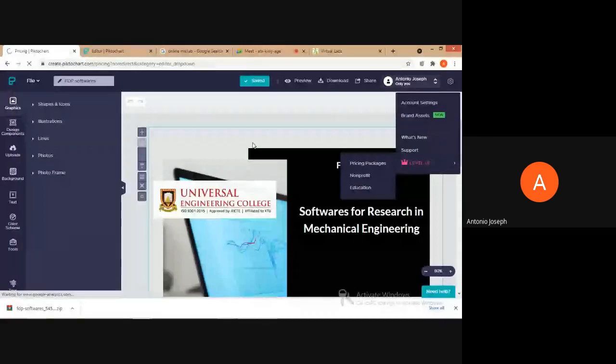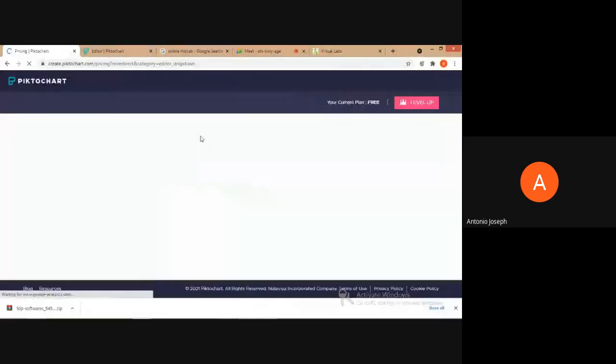So it is a little bit costlier than Canva. Yeah, $24. That's a little bit costly, but you need to think about whether we want to purchase the pro version of this one.